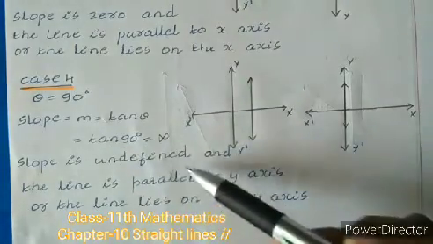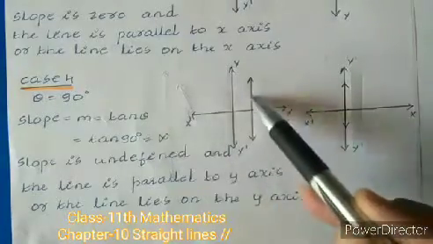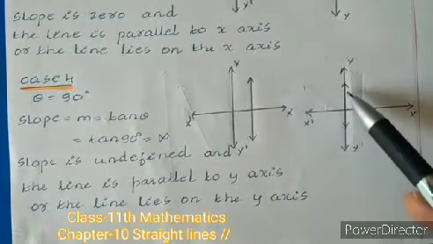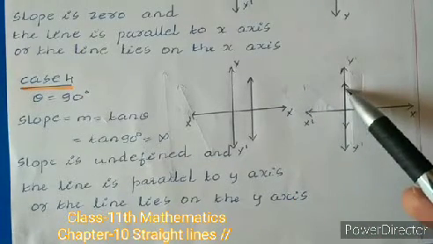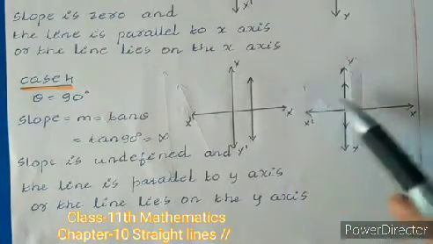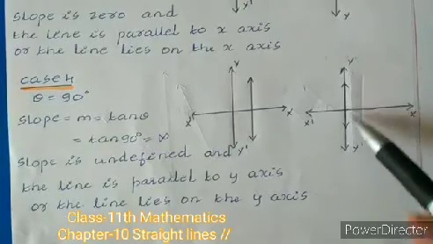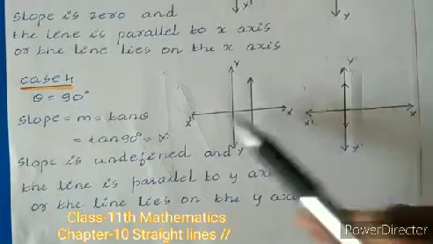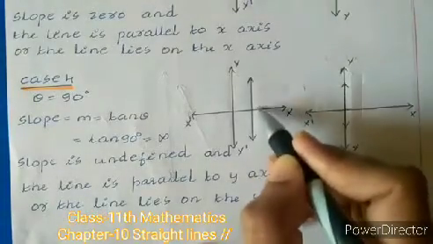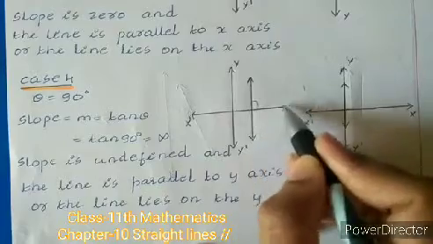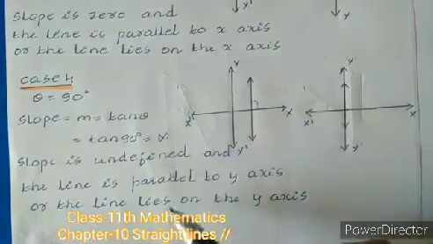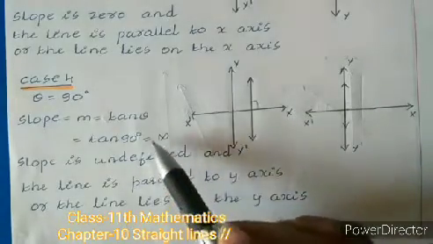So slope is undefined, and theta equal to 90 degree means we may have a straight line which is parallel to the y-axis, or we can say that the line may be located on the y-axis itself. So this is the situation where theta is equal to 90 degree. In this case, you can see that this particular line is making an angle of 90 degree with the positive x-axis direction. So that's why we have taken that the slope is undefined, because tan 90 degrees